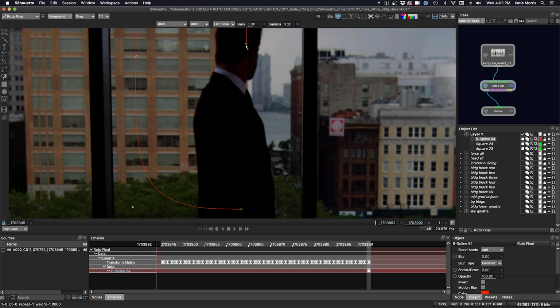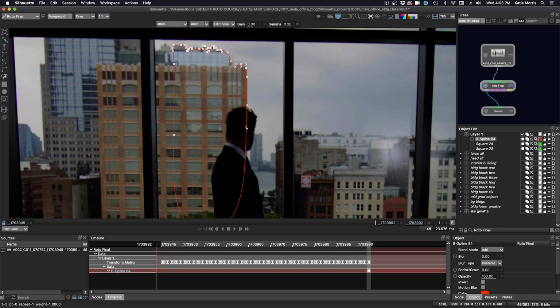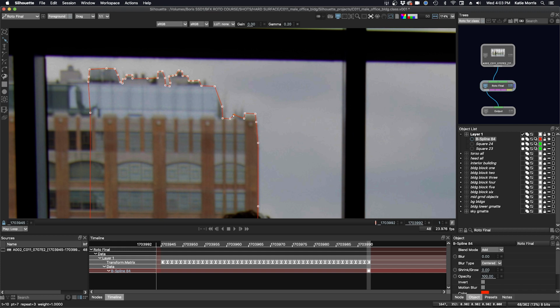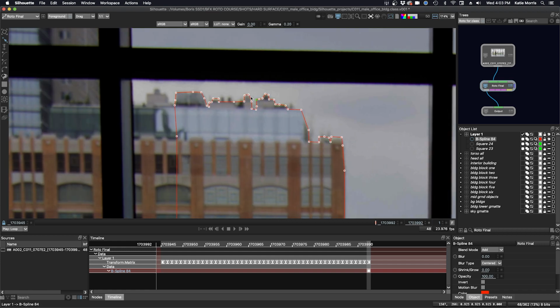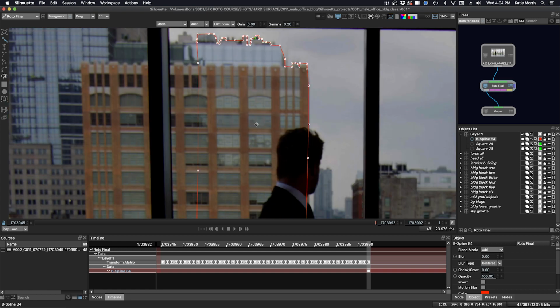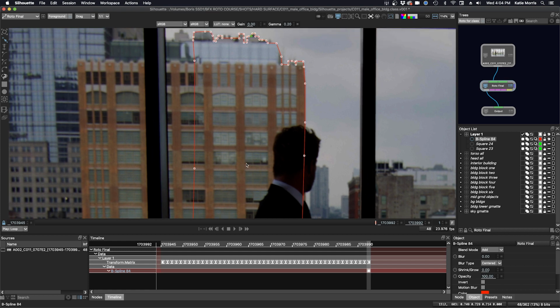So I can select all of the points, shift click, and then right click, and then select corner, and now all the points have corners. And then adjust all the points where they need to be. Sometimes it feels like that first roto shape takes a lot of time, but it's really worth it. The detail will lend itself to a lot of realism down the line in the compositing process.